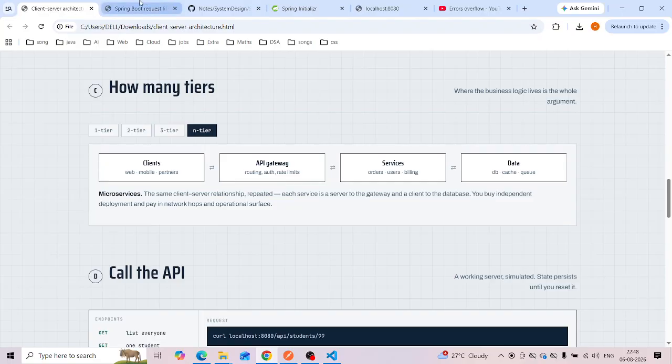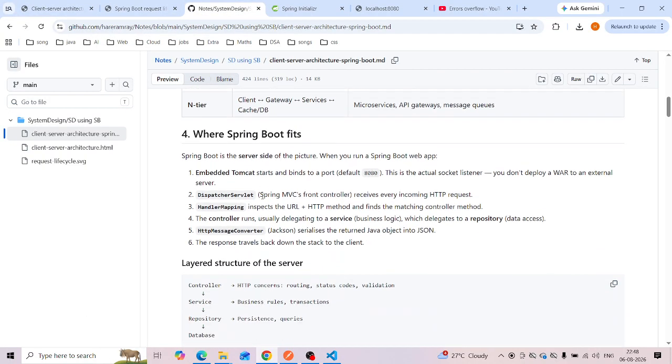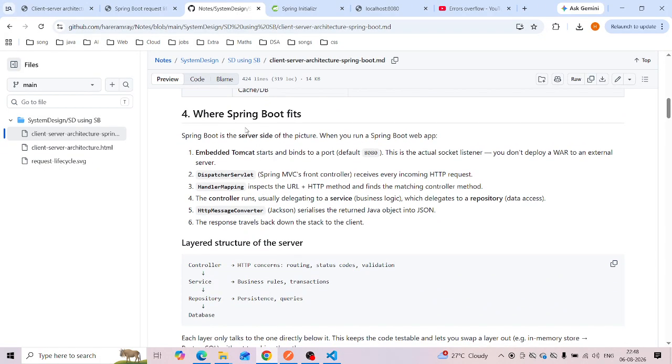Now we'll go here again, where Spring Boot fits. Embedded Tomcat starts and binds to a port.